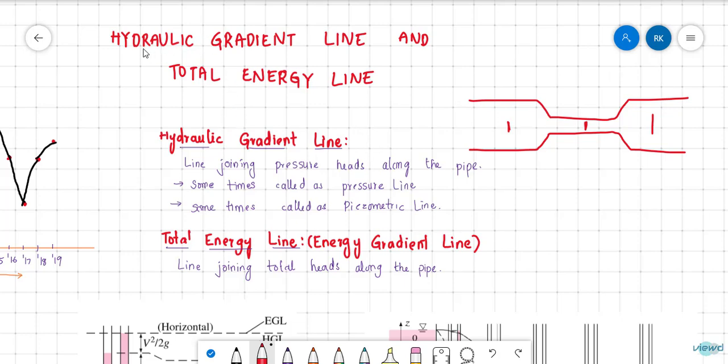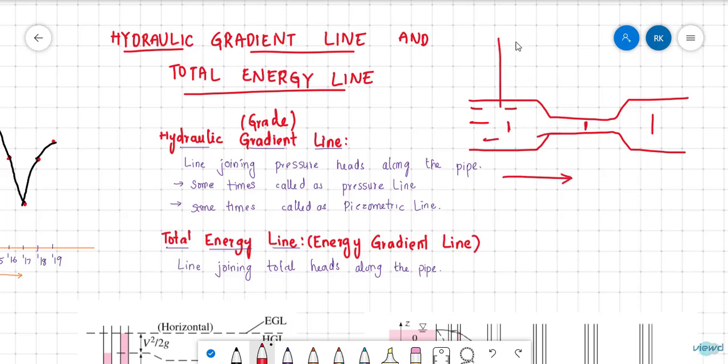In fluid dynamics and fluid mechanics we call it the hydraulic gradient line and the total energy line. The hydraulic gradient line is sometimes also called the hydraulic grade line. The hydraulic gradient line is the line joining pressure heads along the pipe. Let me say this is the pipe and fluid is flowing in this direction. If I keep a piezometer here and another piezometer here and another piezometer here,